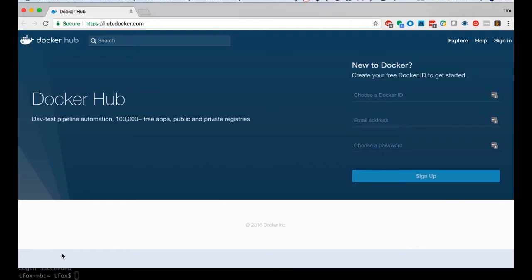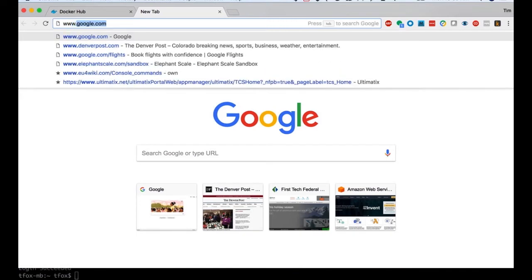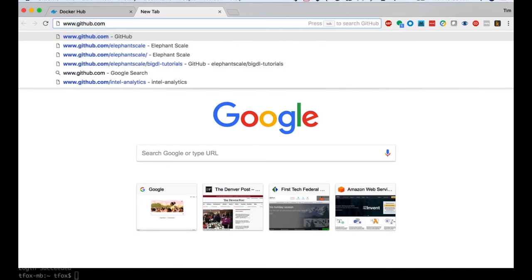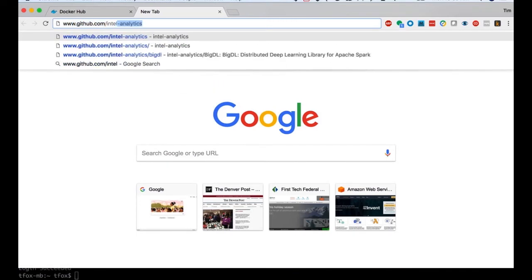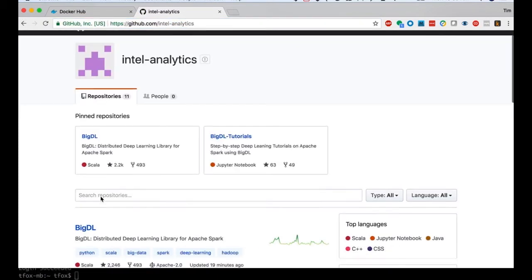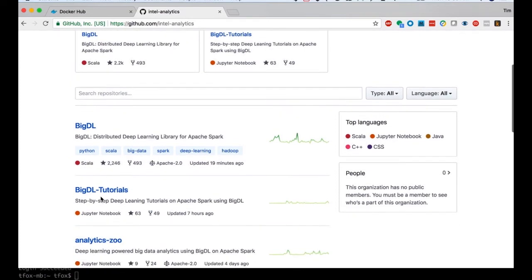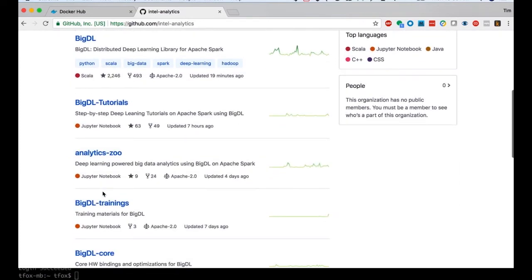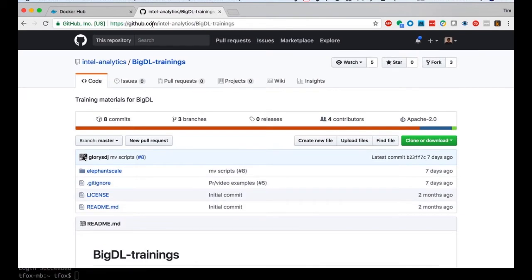Okay, next step is we're going to go to www.github.com/IntelAnalytics. This will give us all of the repositories here for BigDL, including our BigDL trainings repository. So that's github.com/IntelAnalytics, BigDL trainings.